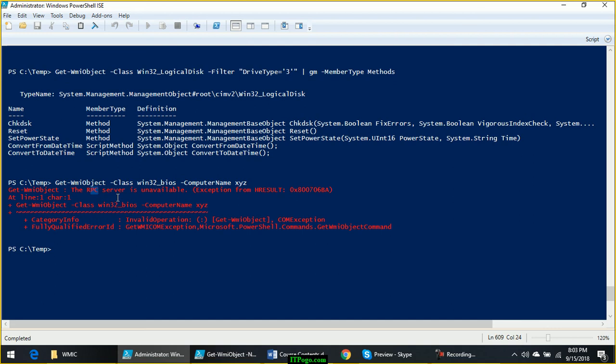The benefit of using CIM is it uses HTTP and HTTPS protocols which are not blocked on any firewalls, which are considered to be safe. HTTPS allows you to pass encrypted traffic, so security is there. It is faster because it uses HTTP. RPC is very slow because there are a lot of other things which depend on RPC.